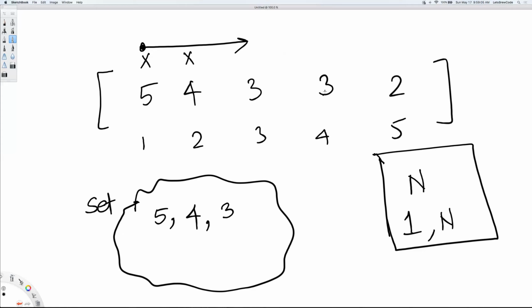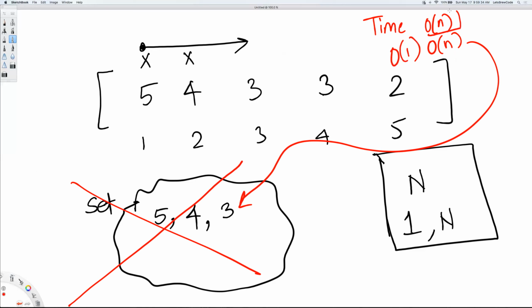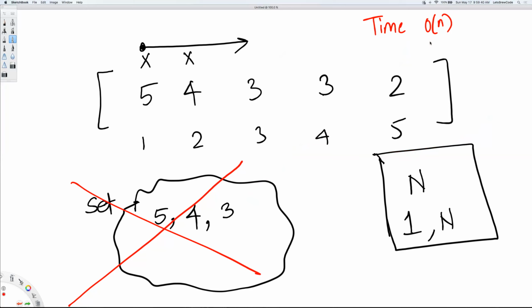So this is the usual answer that you will propose. But the next question that's going to come is, can you do it in place? That is, can you not use this set? Because this is O of n time. So the previous algorithm had O of n time and O of n space, because we created this set here. So can we do it in O(1) space with O of n time? So that's the follow-up question. So you come to that. Yes, the answer is, of course, you can do that. And the usual trick to this problem